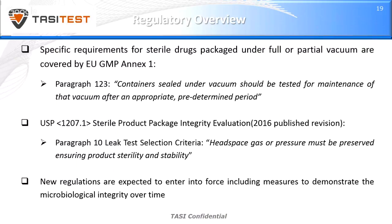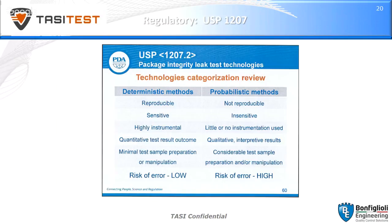So, and again, there are more stringent regulations continuing to come down the pipeline. And there's a harmonization globally of regulations between Asia, the US, North America, and Europe, to form a consensus on best practices. And concerning USP 1207, the U.S. Pharmacopoeia, this is some of the things that they are promoting and encouraging the industry to put into practice: